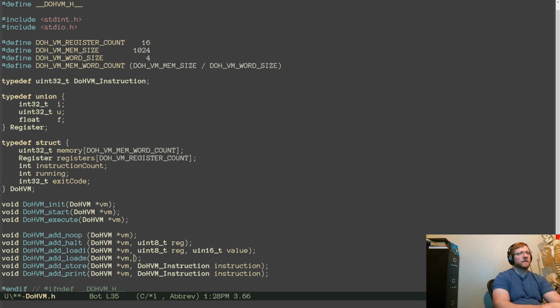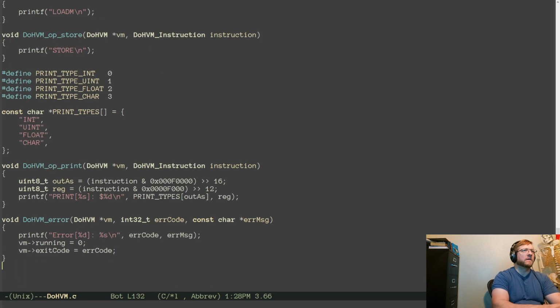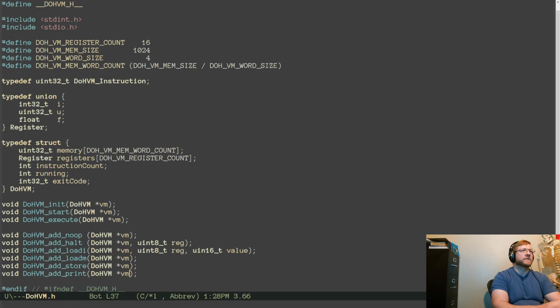Load and store depend on memory, so we're just going to leave those alone for now. And print, we need to know the out-as and the register. Output as. So basically we're going to say,